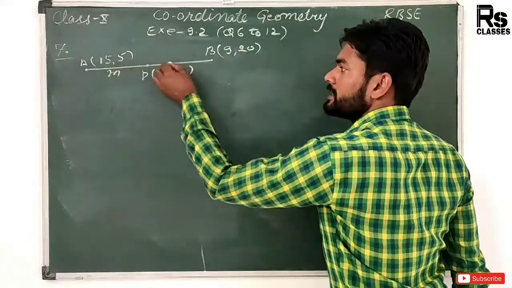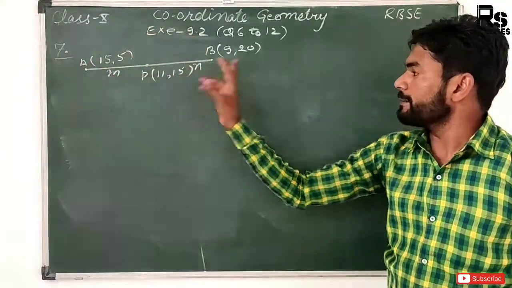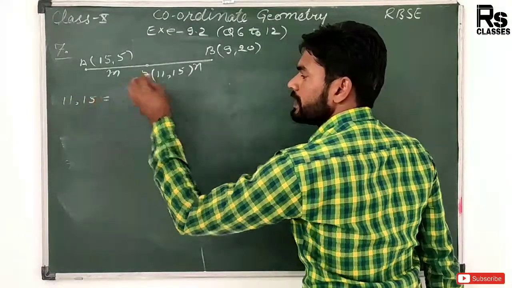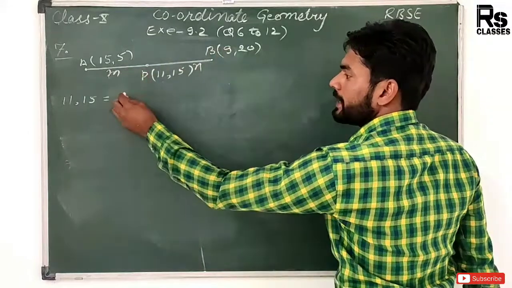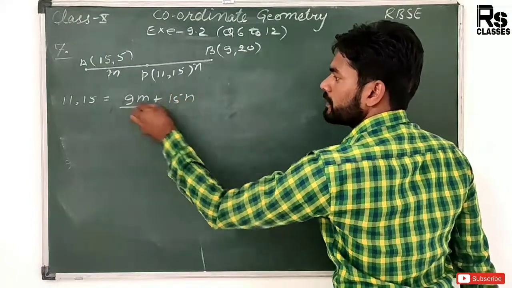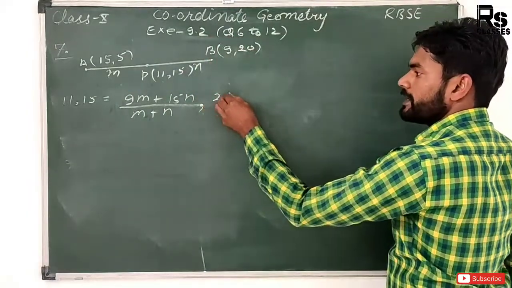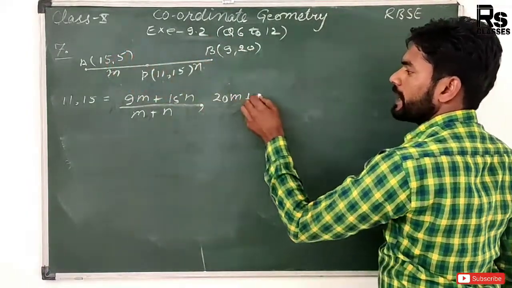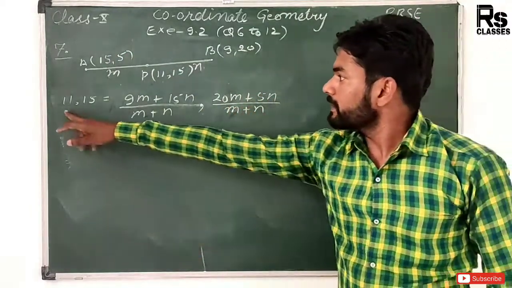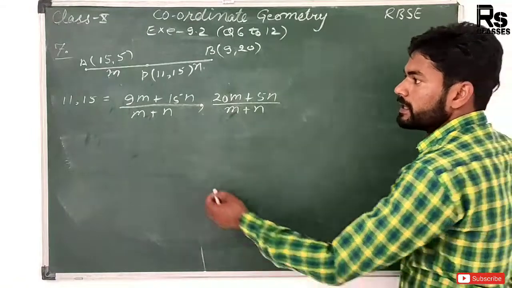Let's suppose the ratio is m:n, meaning P is dividing AB in ratio m:n, and for this point 11, 15 the formula gives (9m + 15n)/(m + n), comma, (20m + 5n)/(m + n). Again compare the values, x with x and y with y. Compare any one. So on comparing,